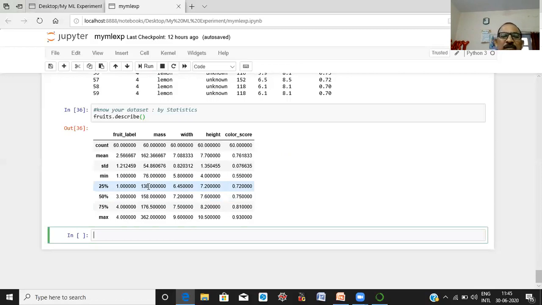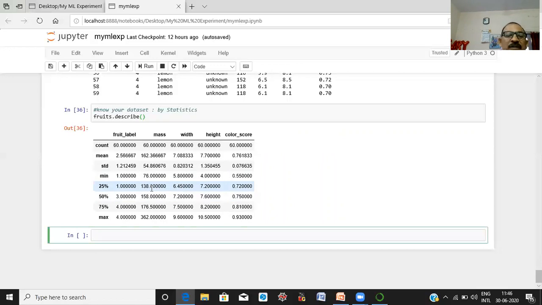One subset contains the values less than 138 and the other subset contains the values greater than 138. 25% of your data set has mass values less than 138 and 75% of your data set has mass greater than 138.